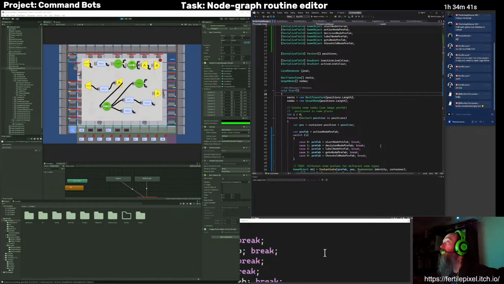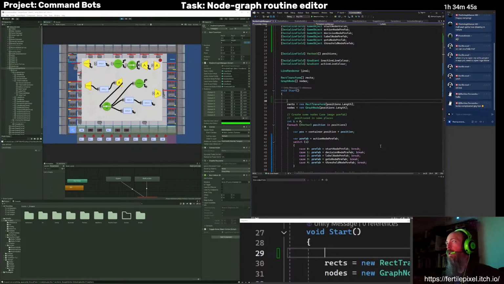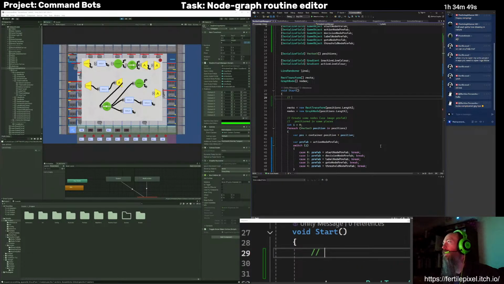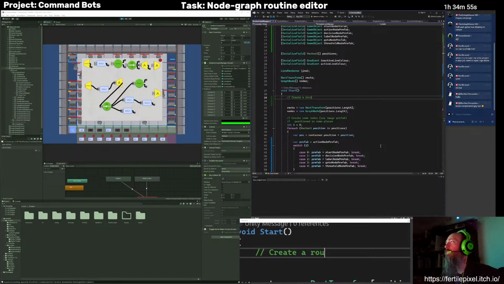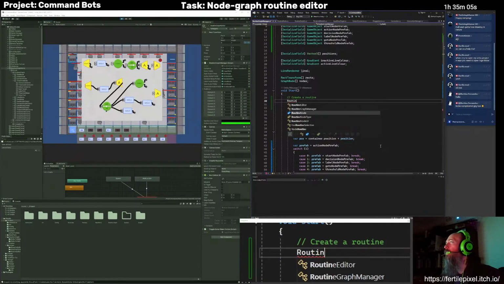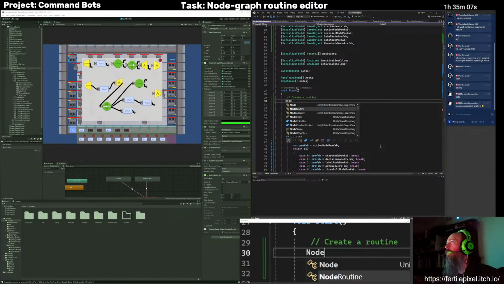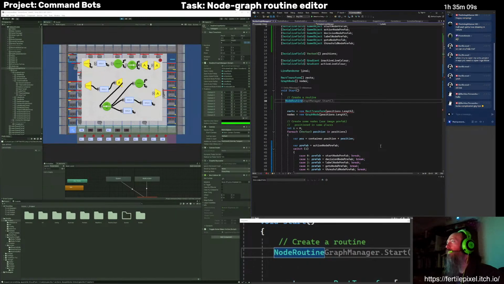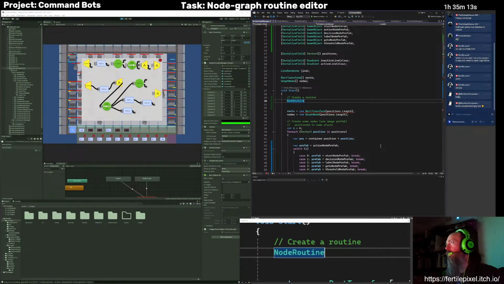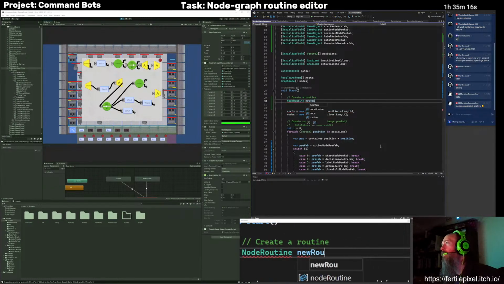So right now, in addition to what's going on here, I might just try and create a routine. Let's call it new routine